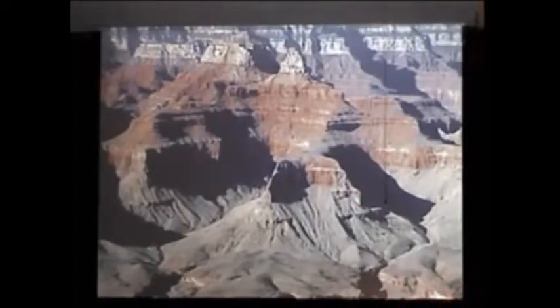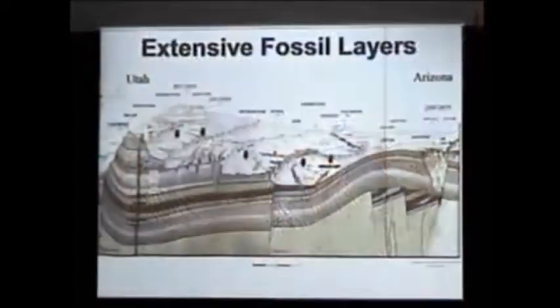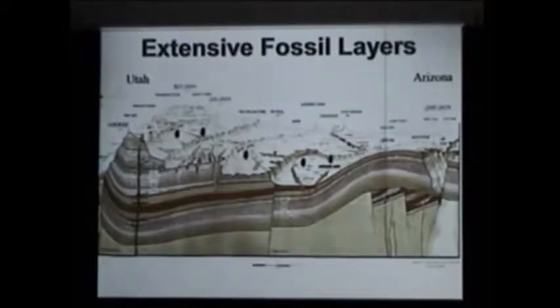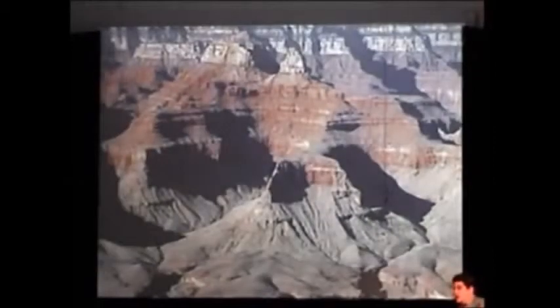A great many of these layers can be traced all the way across North America. Now, not all of them, because some of them have definitely been uplifted or eroded away, these kind of things. But there's the Grand Canyon and the layers of rocks that are exposed in the Grand Canyon, and these can be traced from Arizona all the way to Utah. The layers of rocks that contain fossils are vast in the extent to which they cover continents. Yet we cannot find sediments forming like that today.